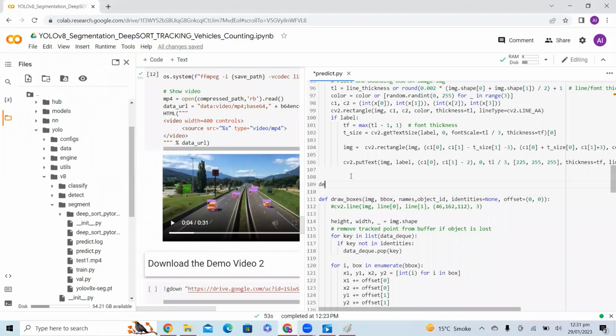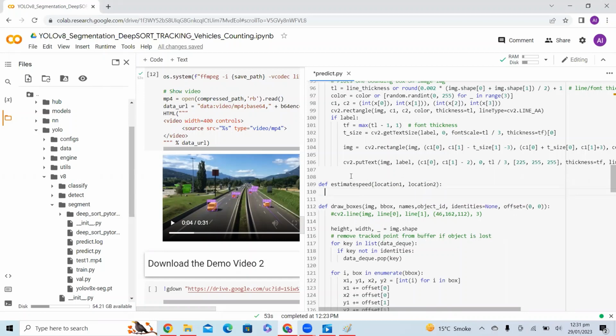Now here I will create a function to estimate the speed. Estimate speed, location, destination, location. Okay. Estimate speed, d pixel equal to math dot, math dot